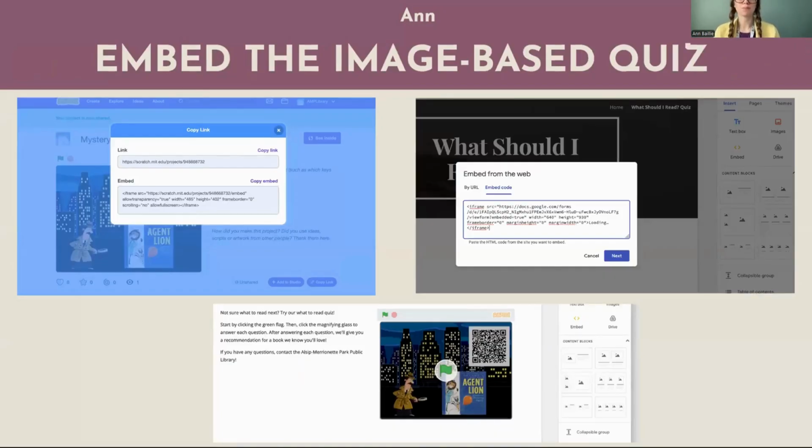Once you have your quiz made, the last step is to embed the quiz into your Reader's Advisory website. Make a separate page on your website just for the quiz. Then you can embed the quiz into your web page. On the right-hand side of the screen, where it says Embed, click that, and then you'll see a box that